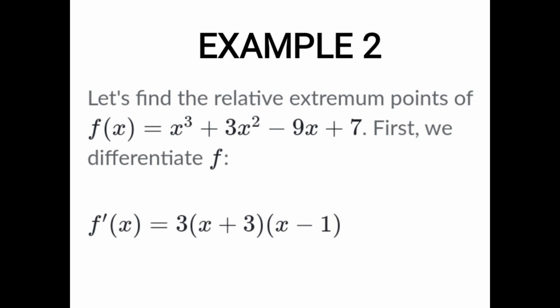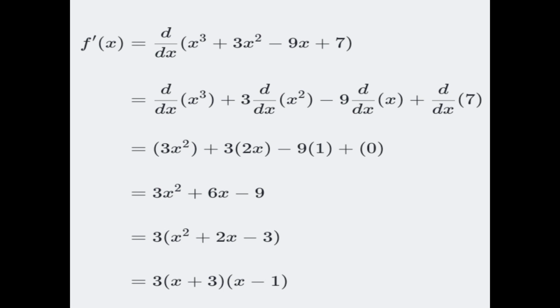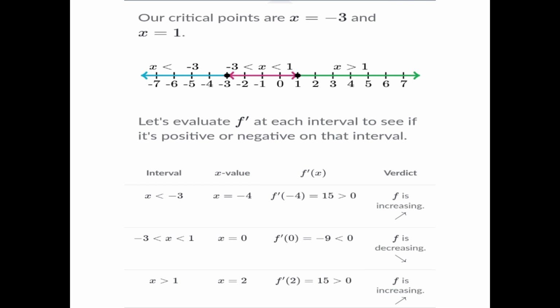Differentiating minus 9x gives minus 9. Differentiating 7 gives 0. Therefore, the first derivative is 3x squared plus 6x minus 9. Then equating to 0, we have that the critical points are x equals minus 3 and